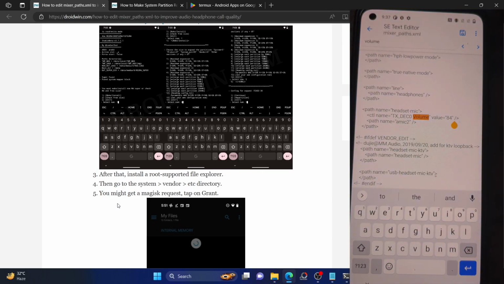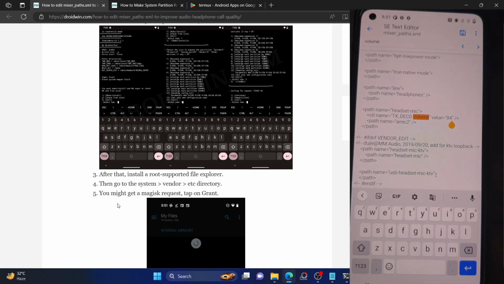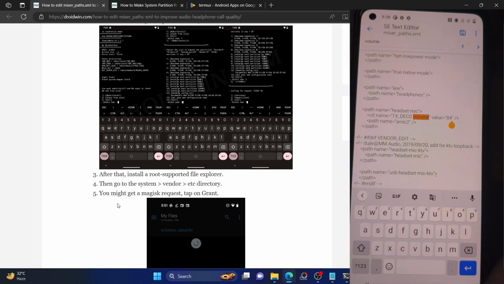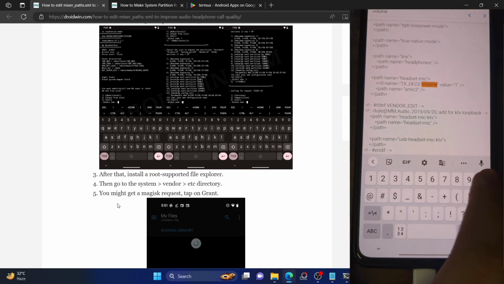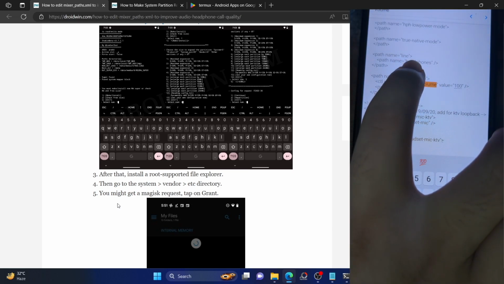If you just have a rooted phone, you will be able to view the value, but you will not be able to modify and change the value. But since we have obtained RW system, I could now change the value as well. But before that, I will highly recommend you to take a backup of this file. Once you have taken a backup, so for instance, the path name is the headset mic, so the value is 84. Now change the value to 100. So since we have obtained the RW, you could now easily tap on save, and the value will now be saved, as you could see, and we have obtained the changes to the headset mic file.